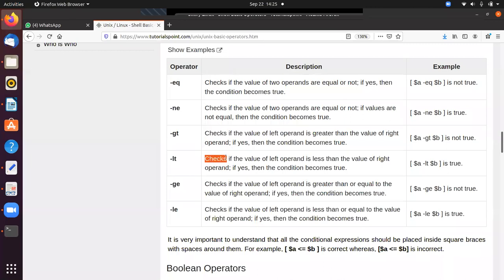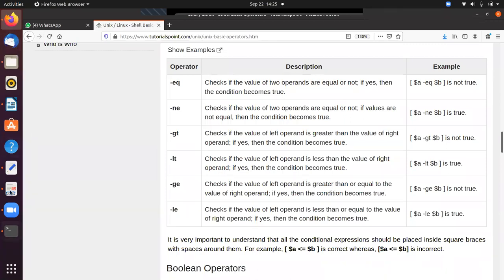Similarly, -lt checks if the value of the left operand is less than the right operand. If yes, it returns true, otherwise false. And similarly -ge and -le. So gt means only greater than, and ge means greater than or equal. Okay.